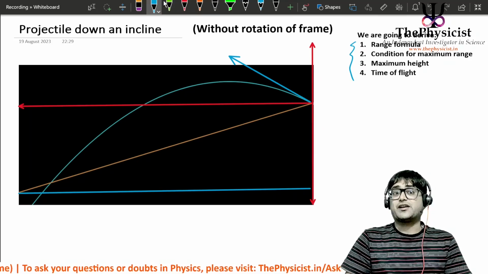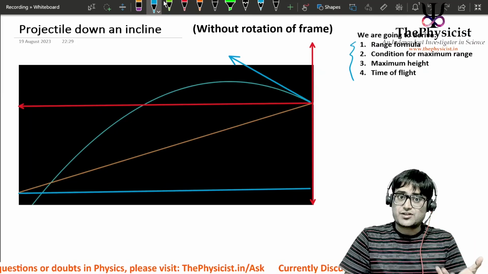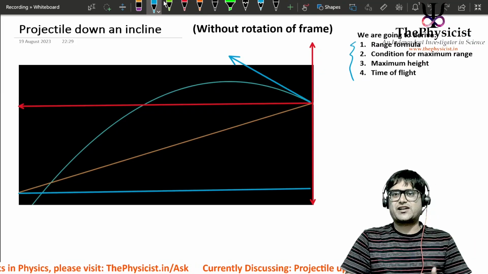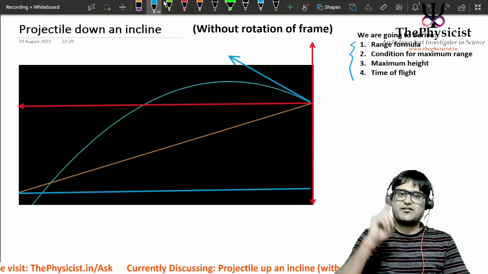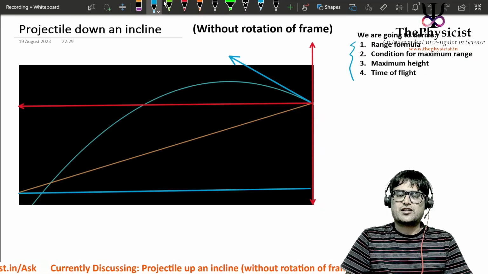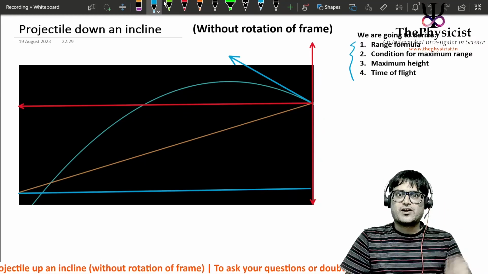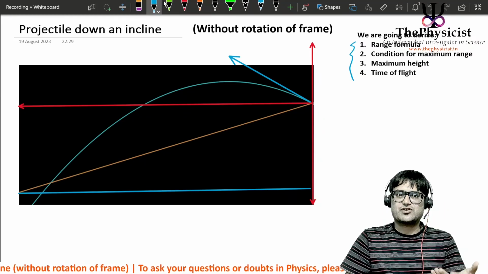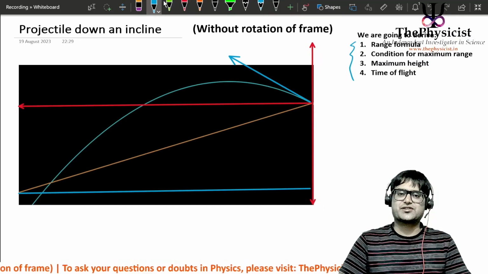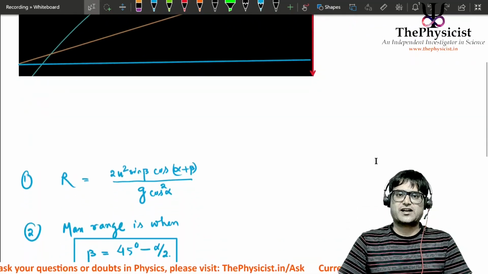trick. But if you have not already watched the lecture about the projectile thrown up an incline, then there will be an I button at the top corner, top right or top left, whatever that is. It will be popping up right now. Go and watch that lecture so you know what the expressions are for a projectile when we throw